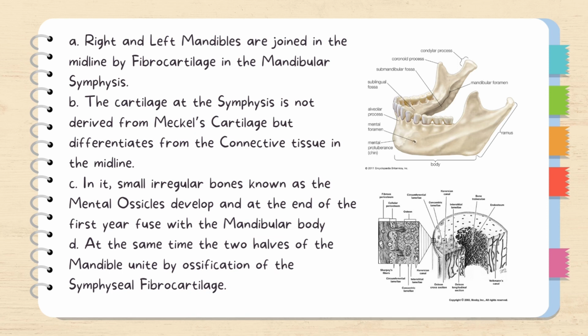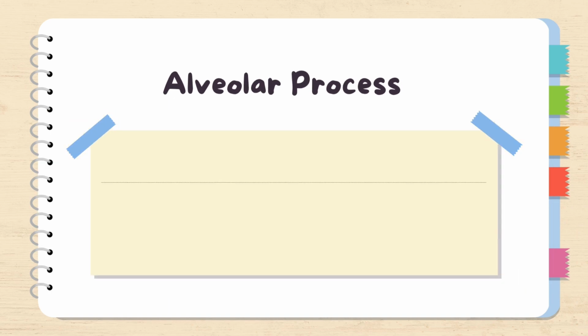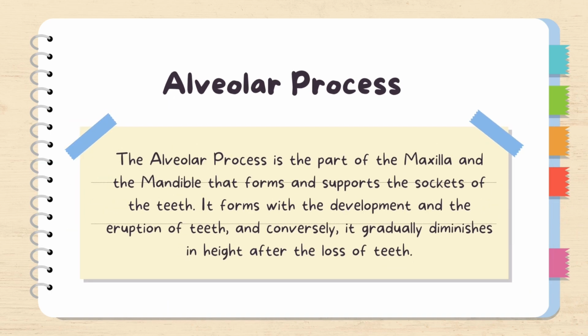When you were near the end of your second month, when you were still a fetus, the alveolar process started to develop. The maxilla, as well as the mandible, forms a groove that is open towards the surface of the oral cavity. Let's define the alveolar process more clearly. The alveolar process is the part of the maxilla and the mandible that forms and supports the sockets of the teeth. It forms with the development and the eruption of teeth, and conversely, it gradually diminishes in height after the